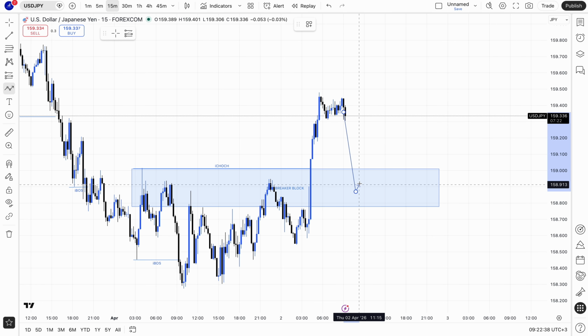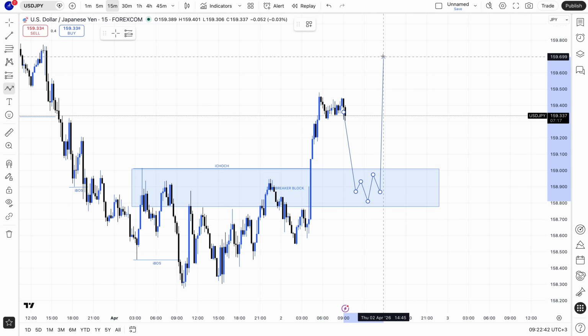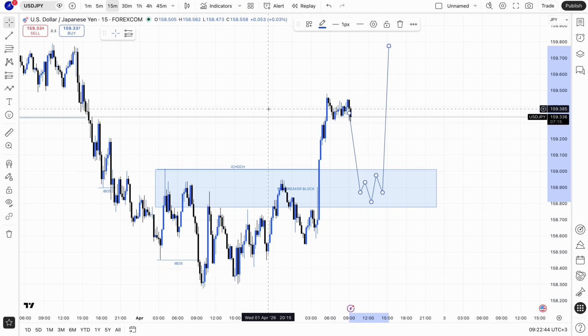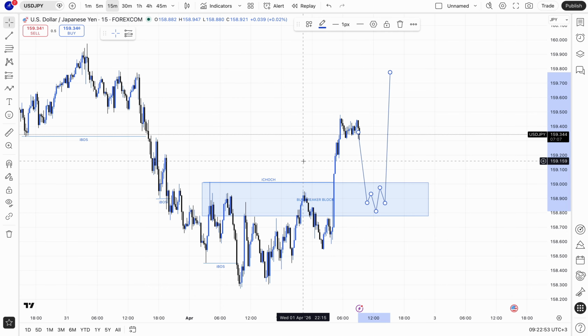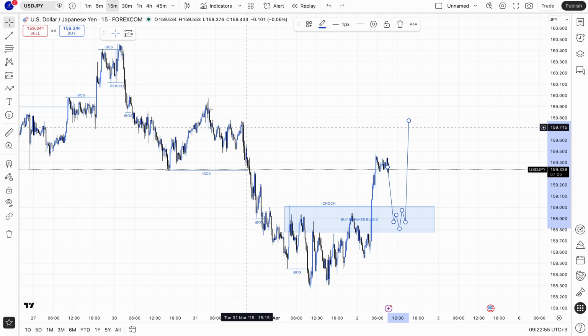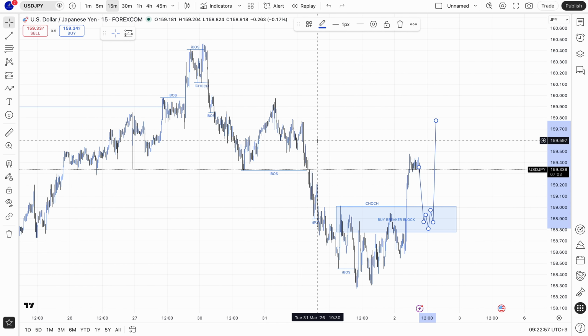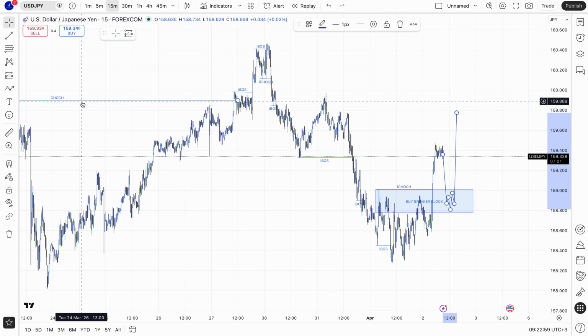The moment price comes back here, then we're going to be looking for buy confirmation from lower time frame. Then we continue targeting the next swing liquidity area, which is here, the internal swing high. Then we target here this liquidity, because now the external structure is